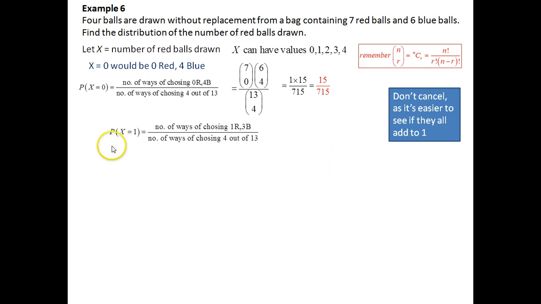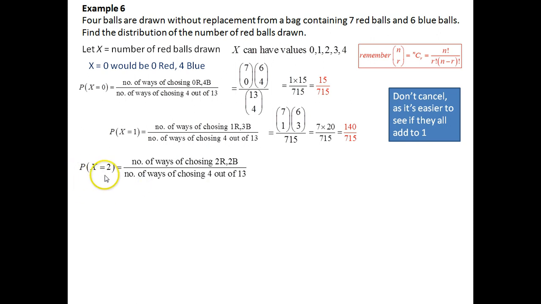So probability of x is 1. So we've got 1 red and 3 blues. So 7 choose 1 and 6 choose 3 out of a possible 715 ways, giving us 7, 20 for the 6 choose 3, and that gives us 140 over 715. X is 2, so we've got 2 red balls and there must be 2 blue balls. So 7 choose 2, 6 choose 2 out of a possible 715, giving us 21 times 15 for the top,